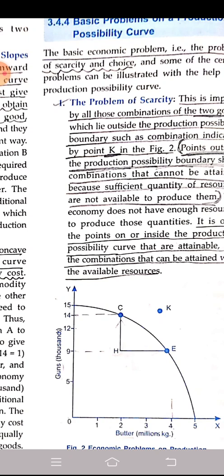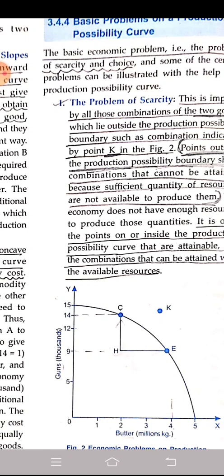So what was the decrease that we did? As I told you, 1 unit: as we sacrificed 1 unit of gun production, we got 1 unit of butter. At the second point, you can see it is coming from 14 to 12. That means they have sacrificed 2 units to get 1 unit of butter. So the sacrifice is of 2 units. That's why we are getting a concave downward sloping curve.